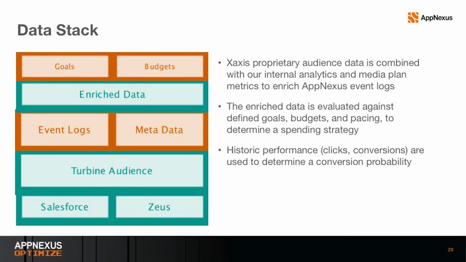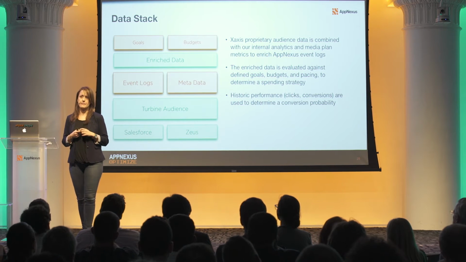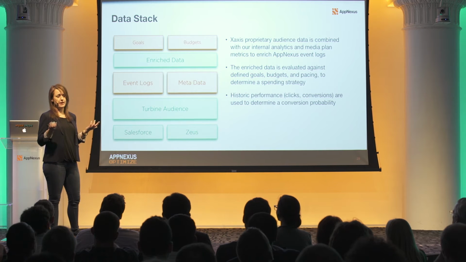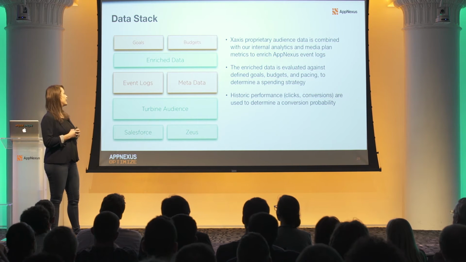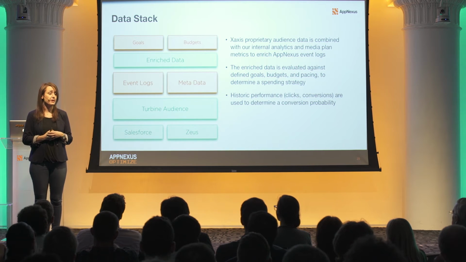The data stack is actually a more interesting picture to me. So the orange boxes here are actually data that is sourced from the AppNexus platform. The blue boxes are unique or proprietary to us. So from Salesforce, we get metadata about the media plans and the campaigns, what KPIs are the clients looking for. Zeus is our own internal analytics system, and it has some attribution and conversion funnel data in it. Turbine is our flagship product at Xaxis. It is our proprietary internal DMP, where we have pretty strong audience profiles about everyone we've ever seen in the